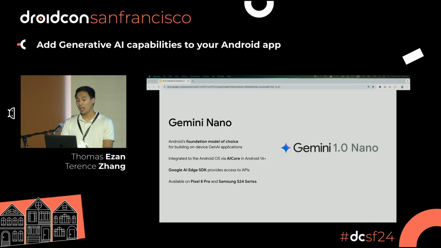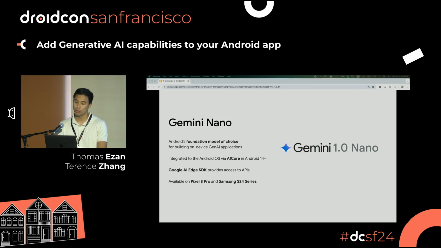So many Google apps like Messages, Recorder, and Gboard, we've integrated with them to deliver features in their apps. So for example, with Messages, we've built an AI-generated smart messaging tool where it can rewrite your messages to have different tones like Shakespearean tone or summarization. Recorder, it's a summarization use case, Pixel Recorder app. So that one, you can record a long recording, and from that transcript, it can generate a 3-bullet-point summary